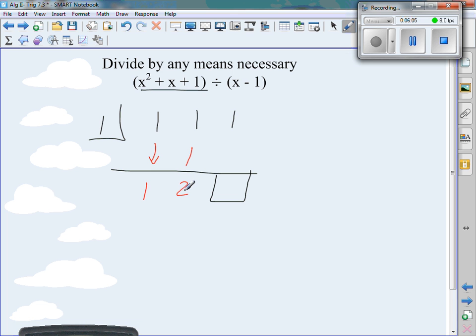1 times 2 is 2. 1 and 2 is 3. What this means, I have a remainder. X minus 1 does not go into x squared plus x plus 1 evenly. This means I have a remainder. That's x plus 2 plus a remainder of 3 over